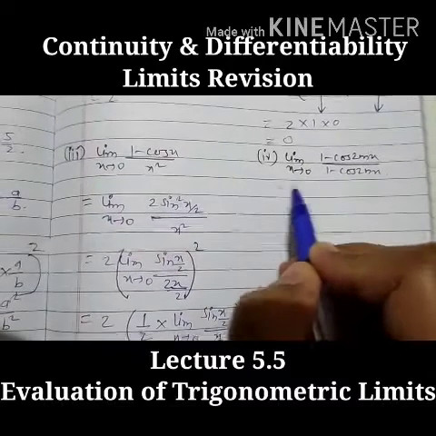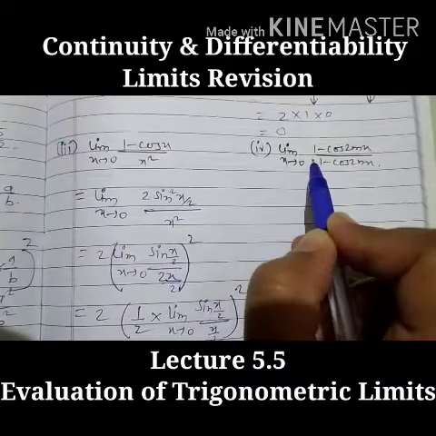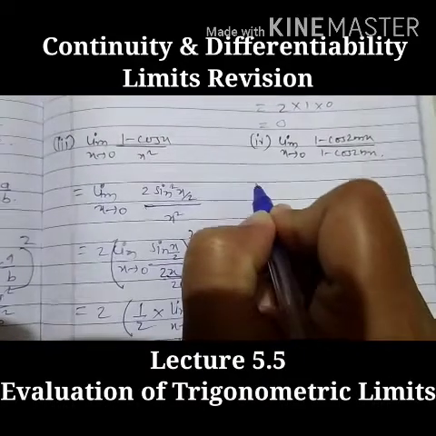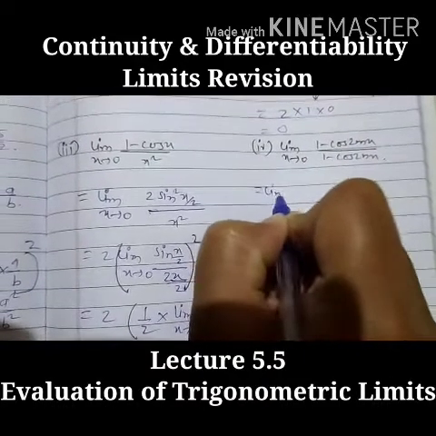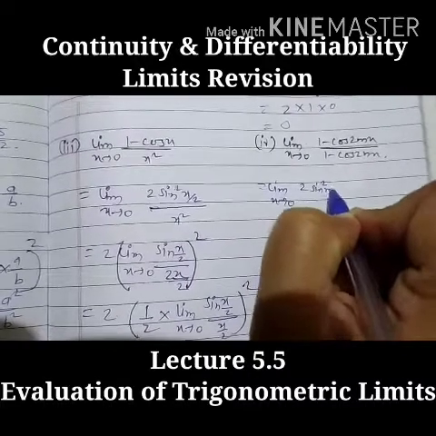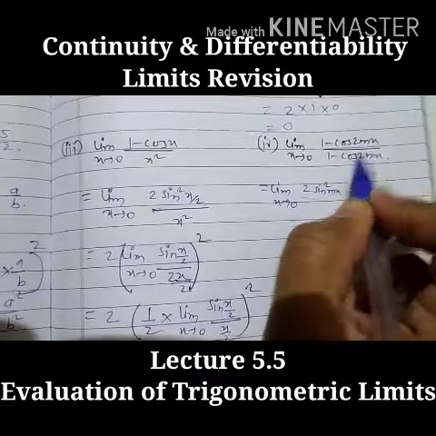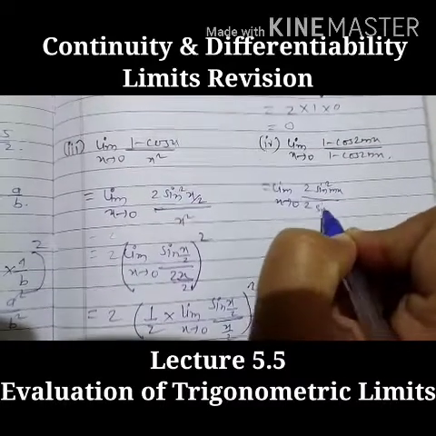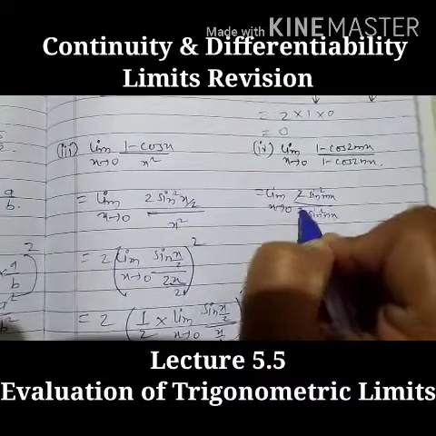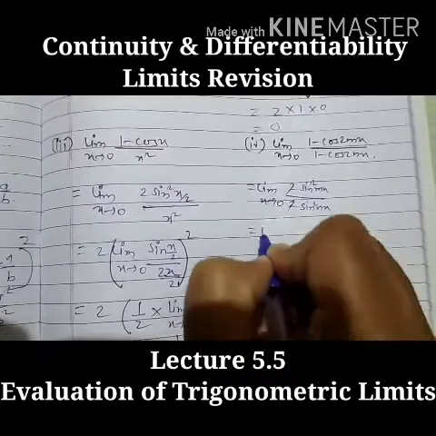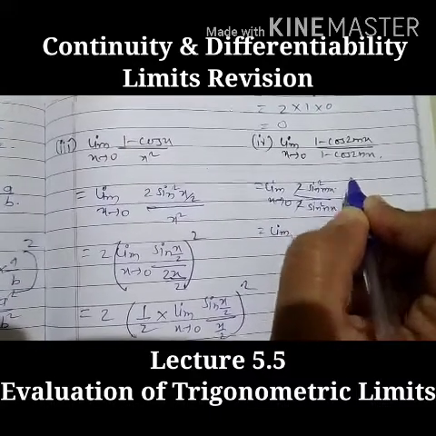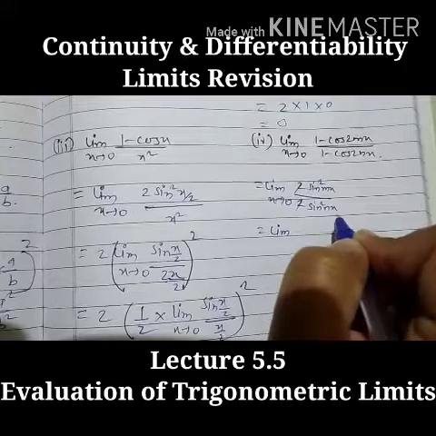Now the fourth example of the cos function is limit as x tends to 0, 1 minus cos 2mx upon 1 minus cos 2nx. Now same formula will apply here: limit as x tends to 0, 2 sine square mx, its half angle will be mx, upon 2 sine square nx, its half angle will be nx. Now 2 will get cancelled here. Now we know that here one angle is mx, so we'll divide and multiply by mx, and here one angle is nx, so we'll divide and multiply by nx.